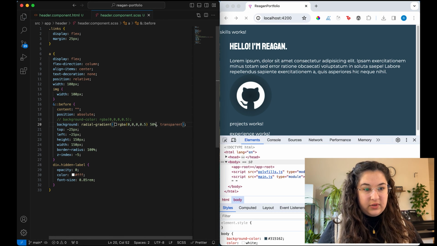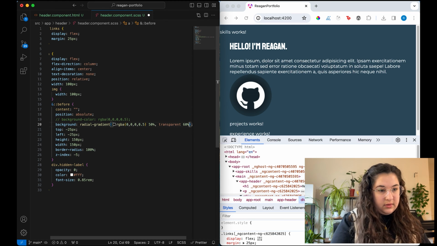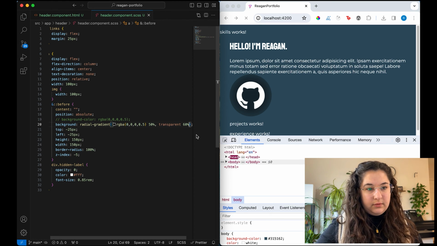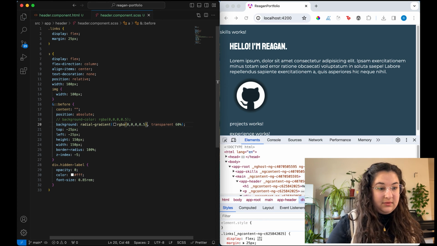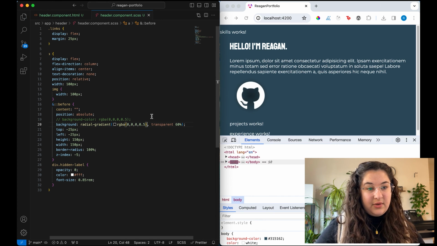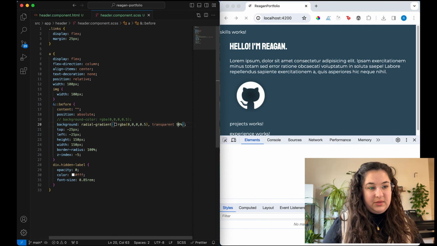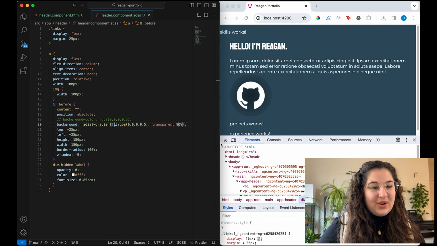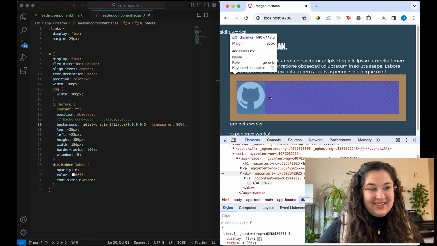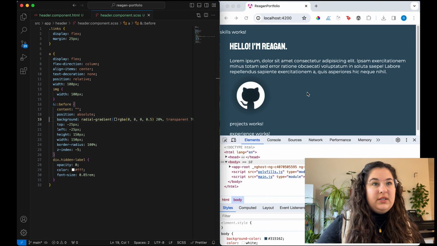And I want to make sure it's fully transparent before it hits the edges. That's not right. That is closer. We're getting there. What if we hit transparent at 90? This is a lot of try and figure it out, throw stuff against the wall and figure out what sticks. The problem is that I don't actually want it to be